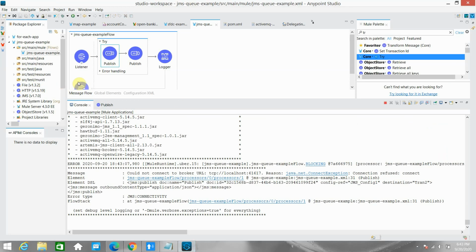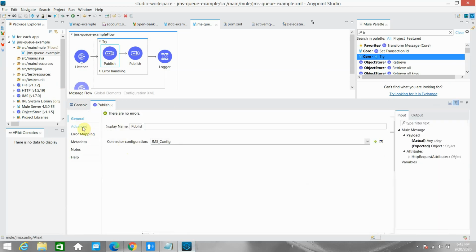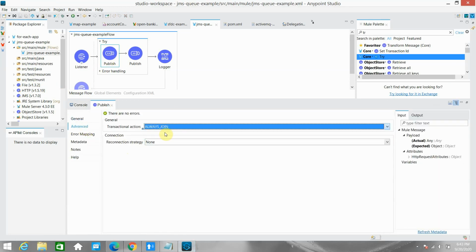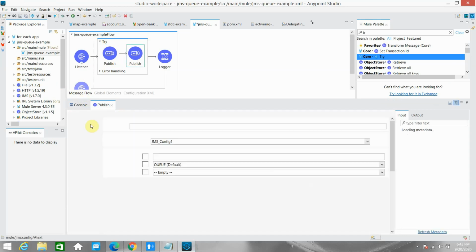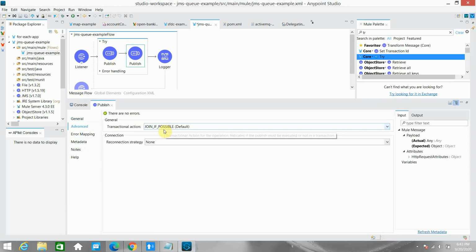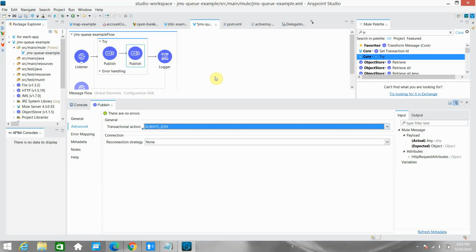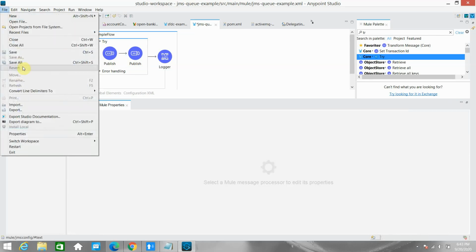Now let me show you one more option. I can also use always join because I have already begun the transaction in the try. This time it should work. Advanced, always join, save all.